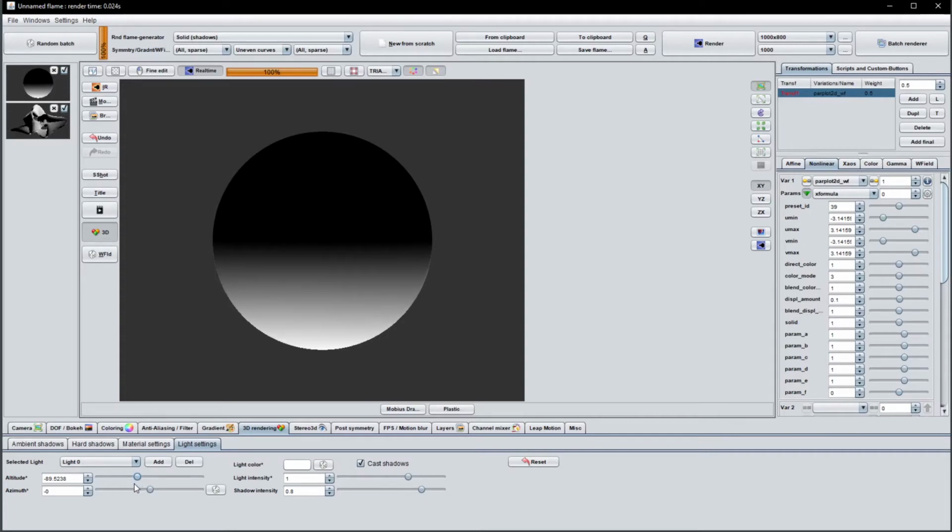It doesn't really matter which one we use. 270 degrees and minus 90 degrees are the same angle. It's just a matter of convenience. Either one works just fine. Let's set the altitude back to 180